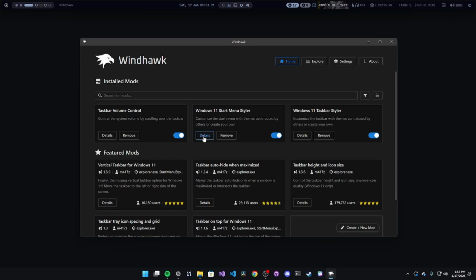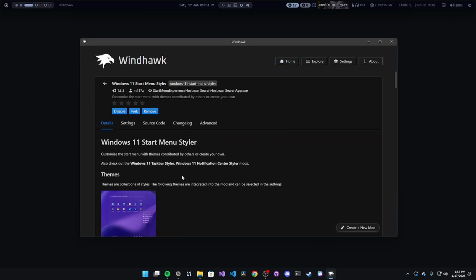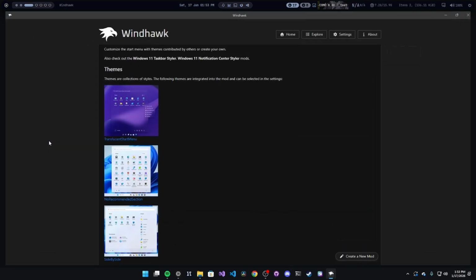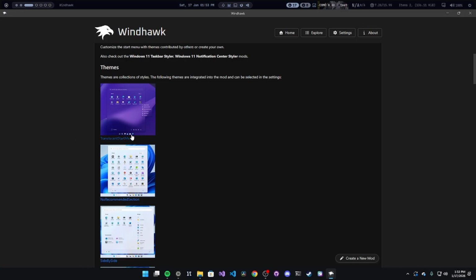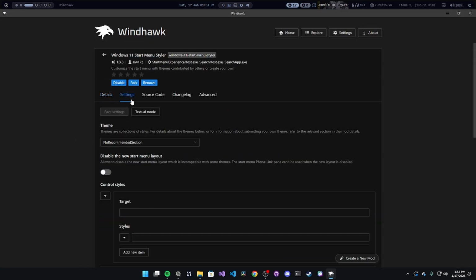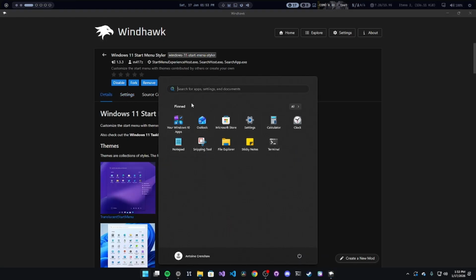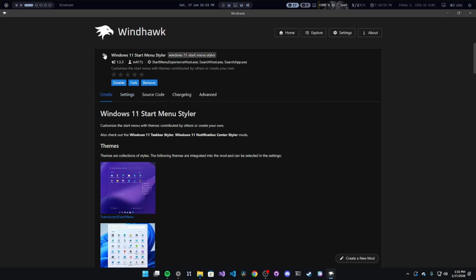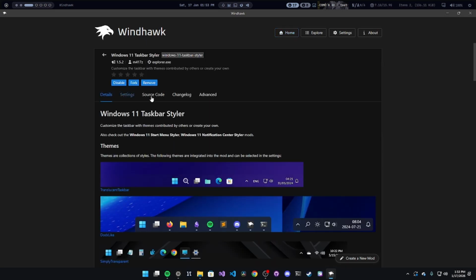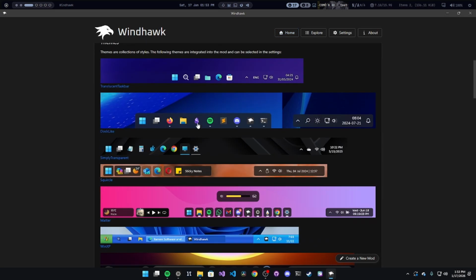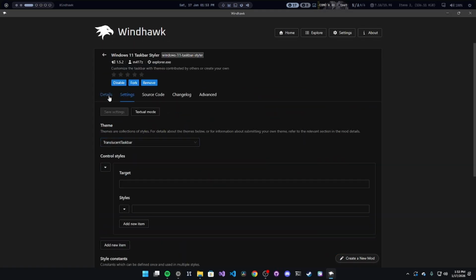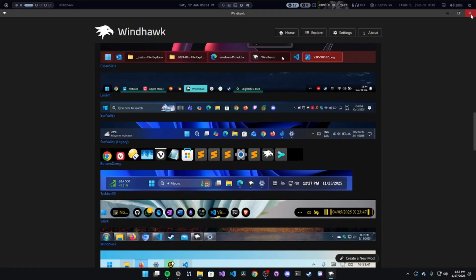So there's the start menu styler and taskbar styler. So you come here, pick whichever one you think looks the nicest. I decided to go with the no recommended section, so you just see the pinned, which looks really clean. And then last thing, taskbar styler. You can even see the preview of it. This one looks clean, but I decided just to go with the translucent, I'm pretty sure. Yeah. But yeah,